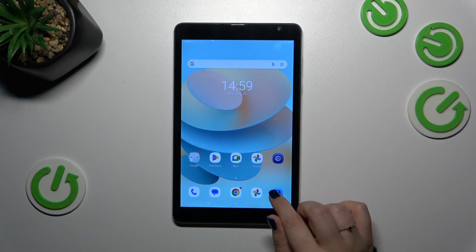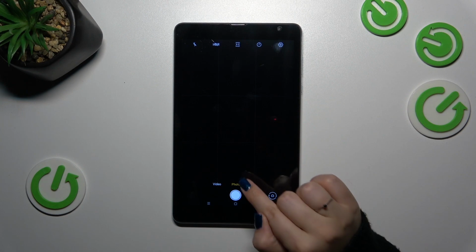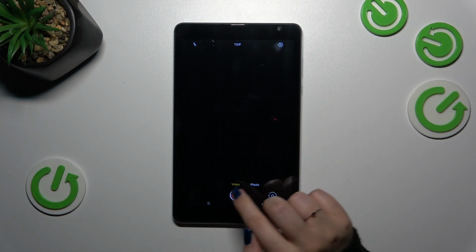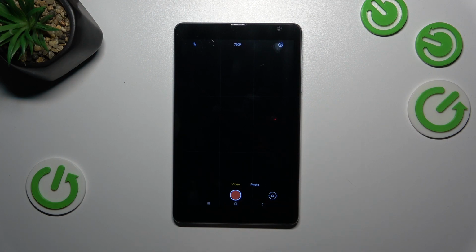So let's start with opening the camera app. Let's tap on it. Currently we are in the standard photo mode, so we have to switch to the video one. Let's tap on it. And if you can see this red color inside the shutter button, it means that for sure you're on the